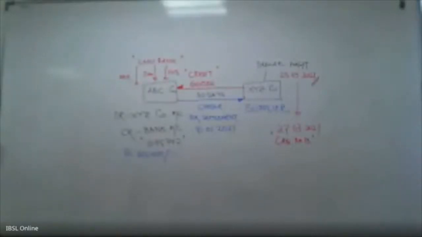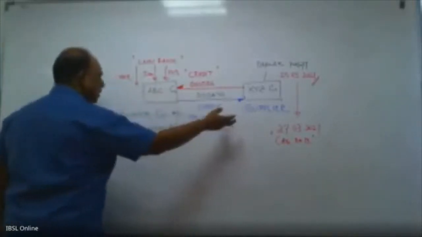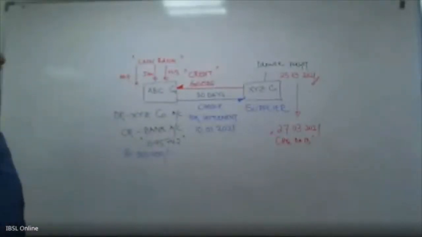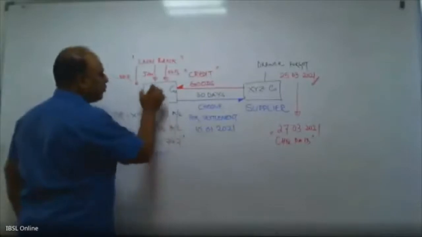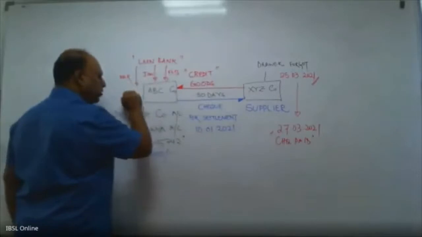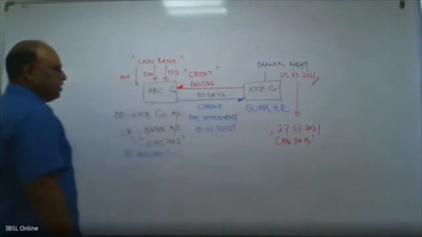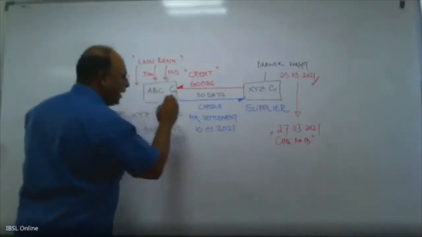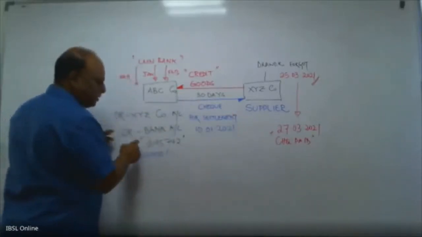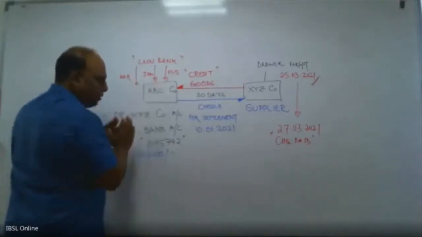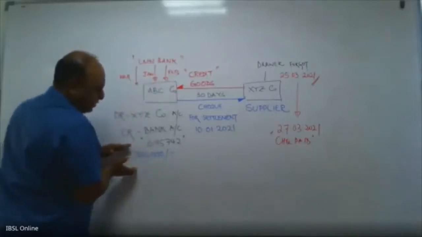So what are we trying to establish here? It is the checks issued but not presented for payment. So this will be there till the month of March, because January you won't see it, February also you won't see it. In March only you will see this. So until such time, you can now realize that when I gave the check, I immediately recorded this. So my bank balance, according to me, according to ABC company, will be less by 50,000.